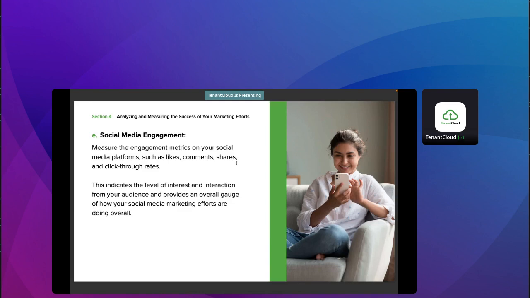Not every rental property is going to do well on a Facebook business page, and not every rental property is going to do well on TikTok. Some will and some won't. So your strategy is going to change based on the demographic that you attract to your rental property, the area your rental property is located in, and the messaging of the content you're posting on those channels. And if you're not getting any interaction on any of your social media pages at all, then that may mean your messaging is not being targeted to the people on that specific platform,